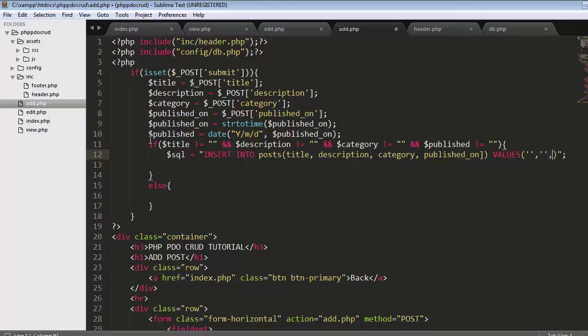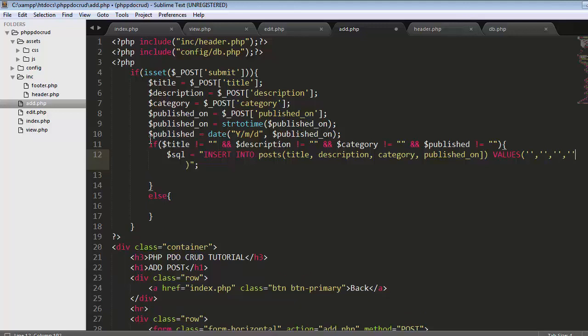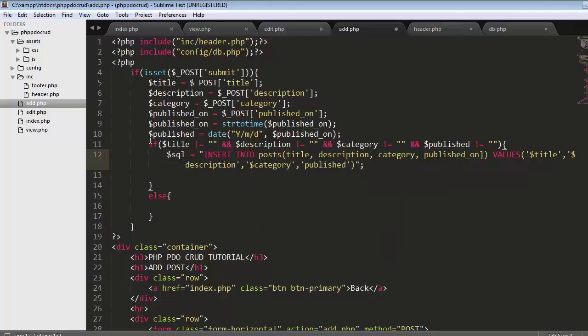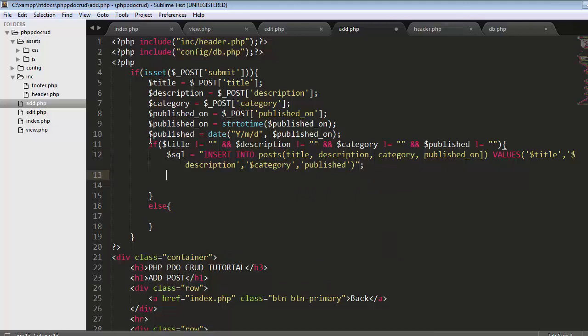Okay, first one is title, second one is description, third one is category, fourth one is published. Okay, so these are the variables which hold the values. Okay, and now to write the statement